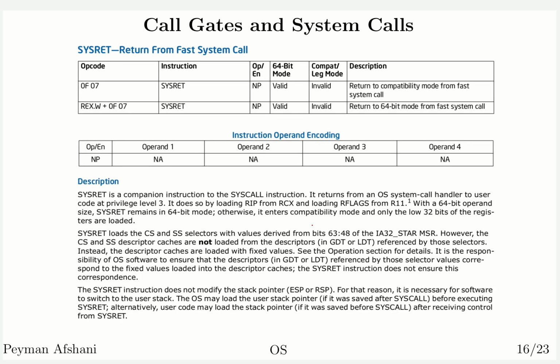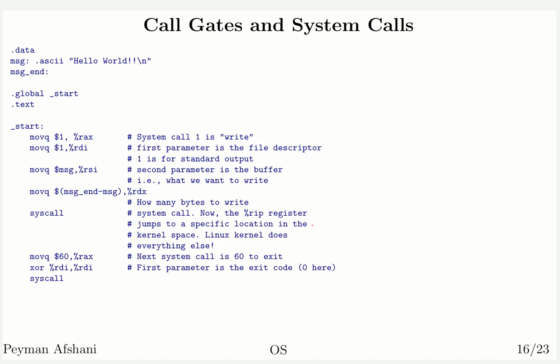Just to show you the opposite instruction, sysret on an Intel machine is an instruction that returns from a syscall. It essentially undoes the steps of syscall. It lowers the privilege level and all that stuff. Okay, so this is how system calls work. Let's look at some of the details here. Every operating system will obviously have different conventions when it comes to system calls.